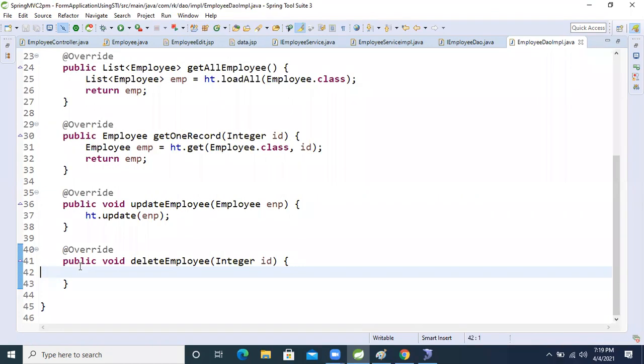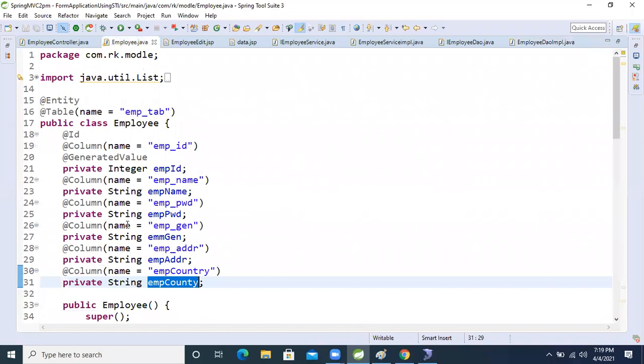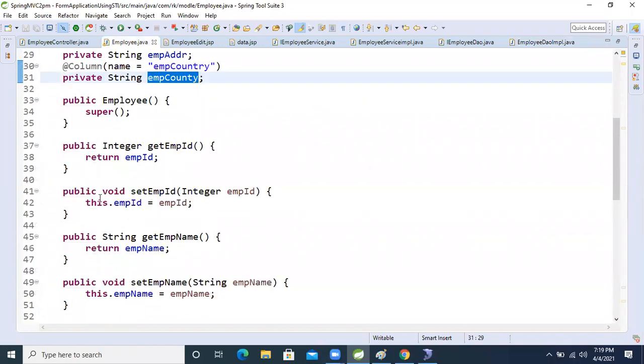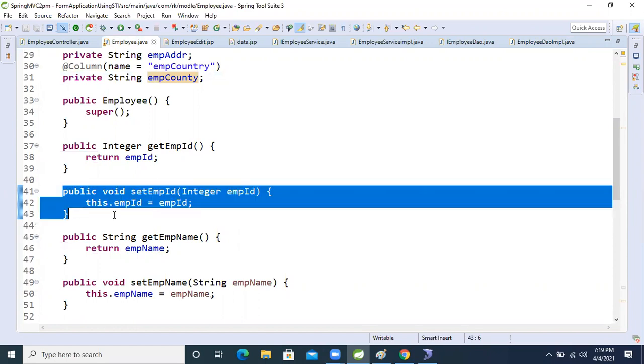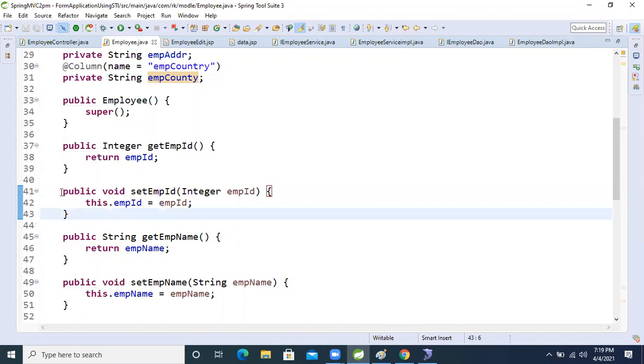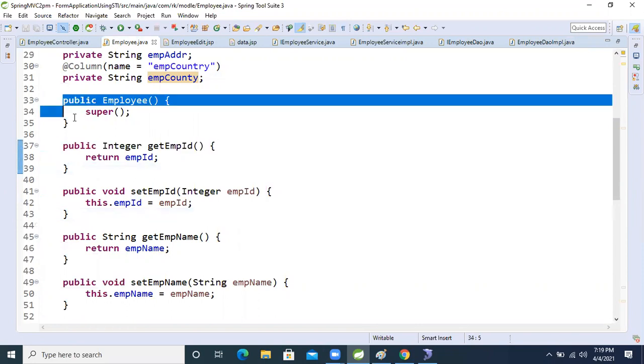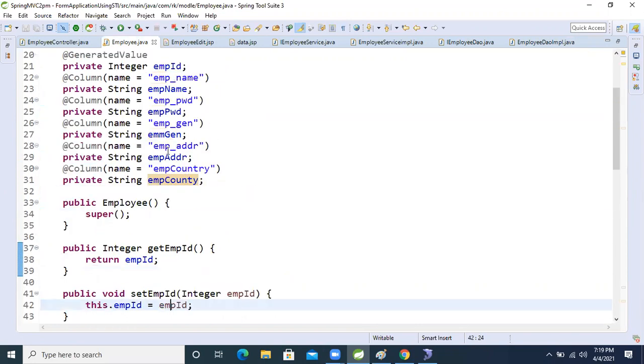Shall I override? Yeah, I already took one. No problem. I already took a parameterized constructor in the model class, guys. Based on that, a zero-param constructor and one parameterized constructor based on the ID.